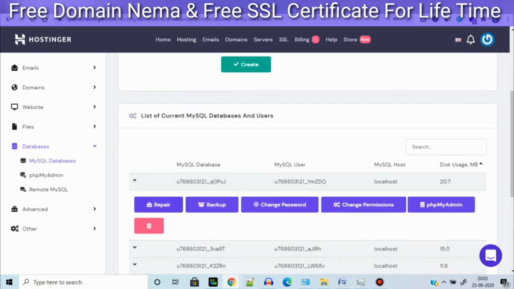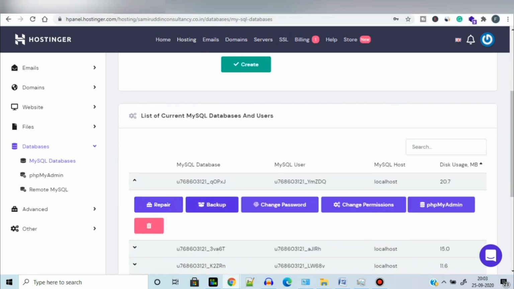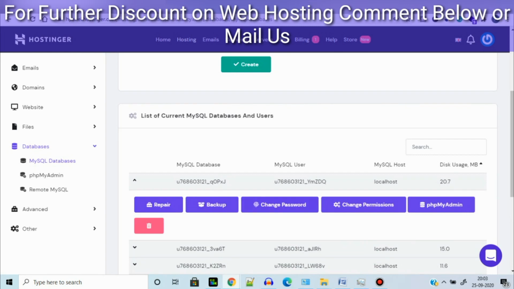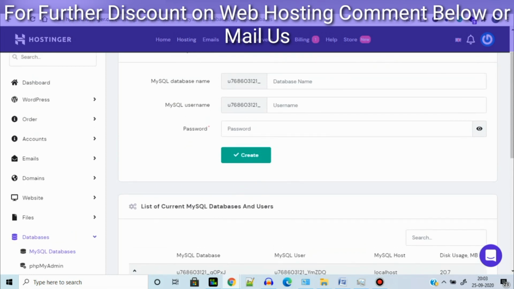All are basically data generated from your website. By clicking on the database, you will be able to see the database section. You can also repair or back up a database that has already been created from here, and you can also create a new database from here.